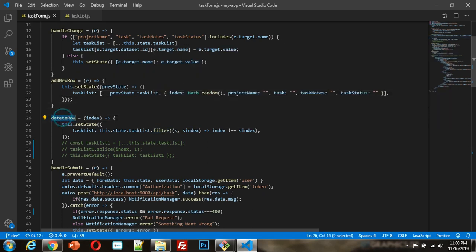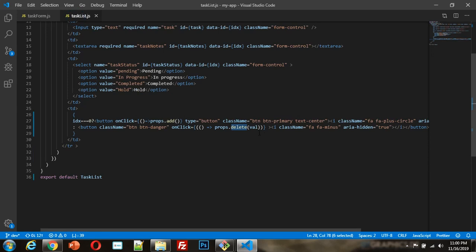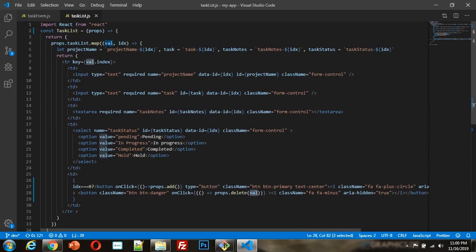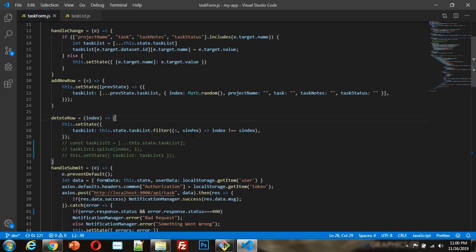And what does deleteRow do? For that particular index, whatever index I pass through this method, suppose val, and val is basically the value of that particular array, which is in the form of an object. That object is checked one by one in this.state.taskList. From the task list it checks each row.